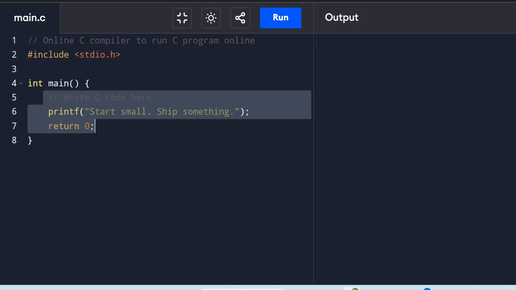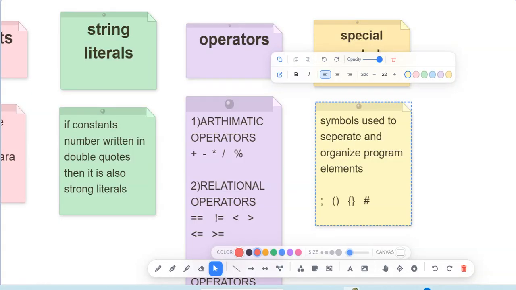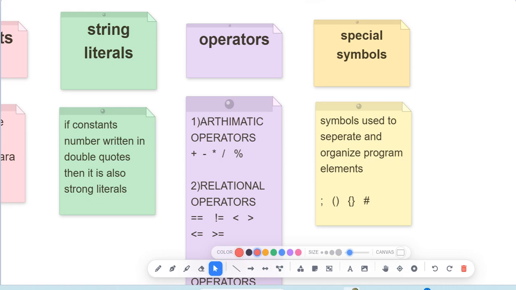It helps in organizing. And another symbol is also there. Parenthesis is there. Here we used printf parenthesis. The matter that we are going to display, or the tasks we have to perform, are written in between these two parentheses only. We can find the main source code in between these two curly braces. From this we can agree that the symbols are used to separate and organize the program elements. Okay, this is all about